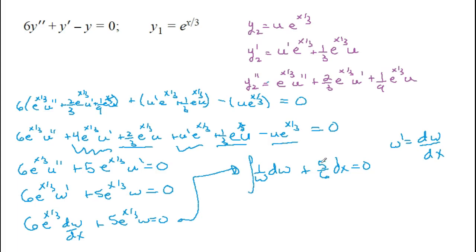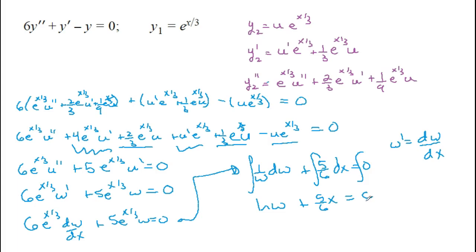If I integrate every part of this, now I'm at the point where we're starting to hone in on that solution. I don't care about these extra constants that show up. They're not going to really affect things in this equation. So we're going to have the natural log of w plus 5/6 x equals some constant